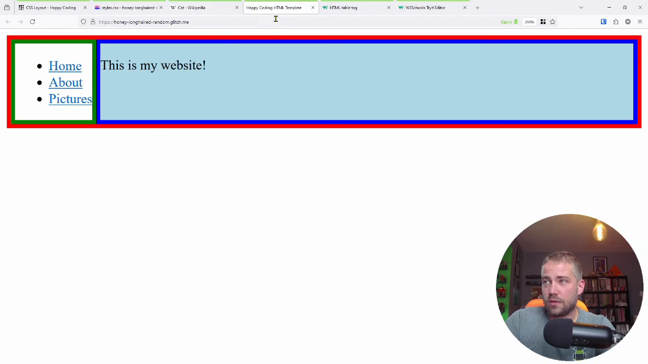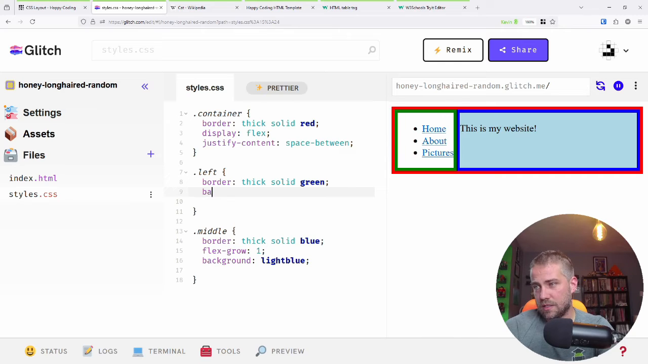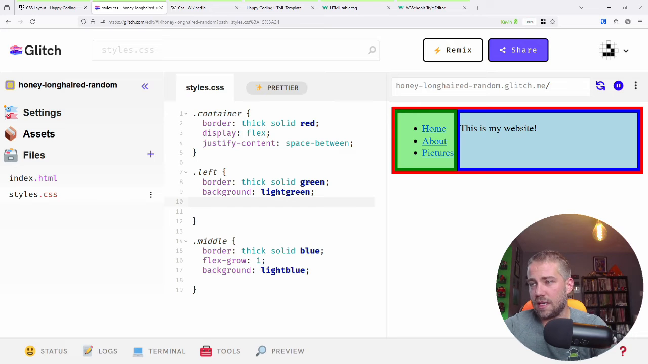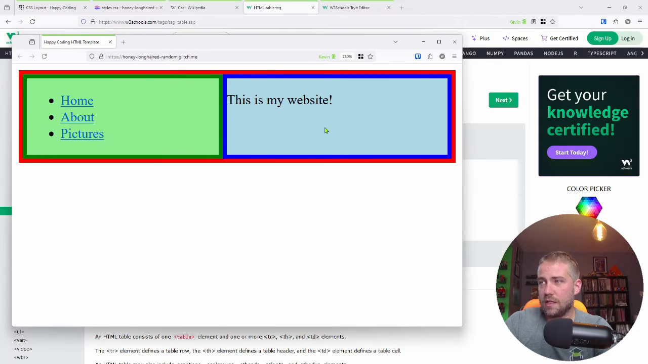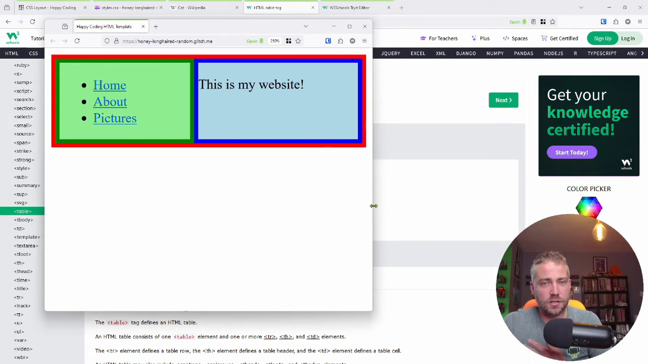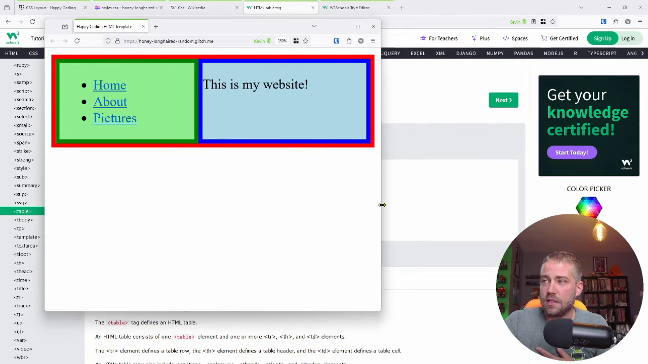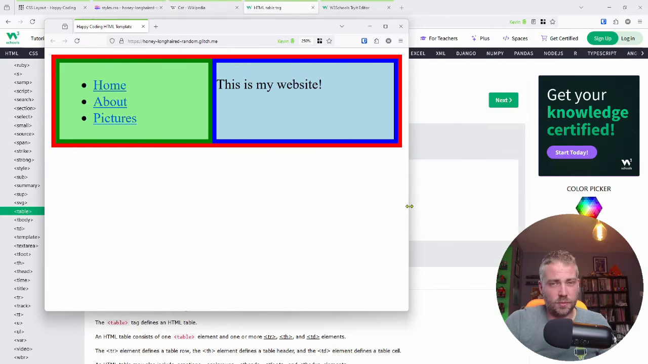The other interesting thing with grow is that I can tell multiple elements to grow, and I'll show you what that looks like. So let's say I told both my left and my right to grow. I'm going to give it a background of light green, and let's see what that looks like. Yep. And then I'm going to say flex grow 1. And now if I go back here and refresh, as my page grows and shrinks, each child in the flex container takes up roughly the same amount of space